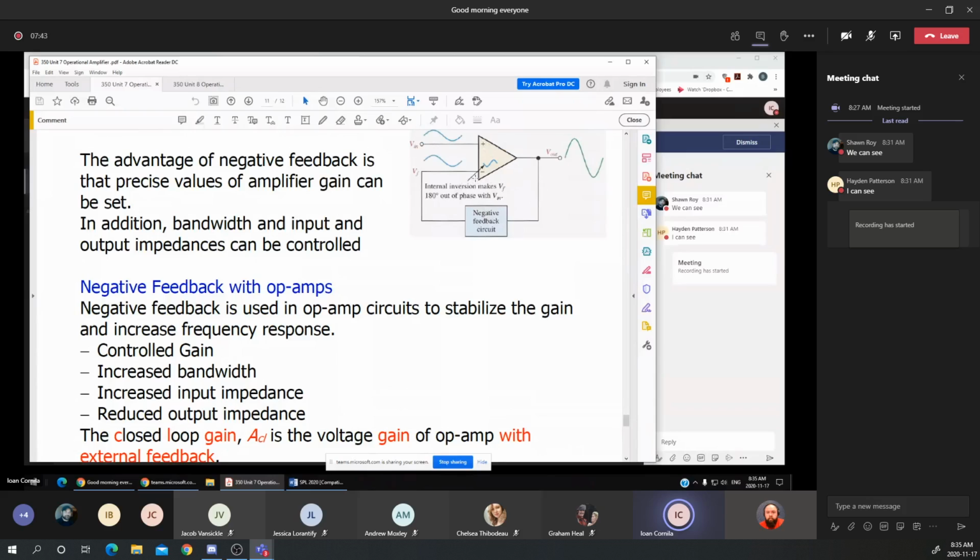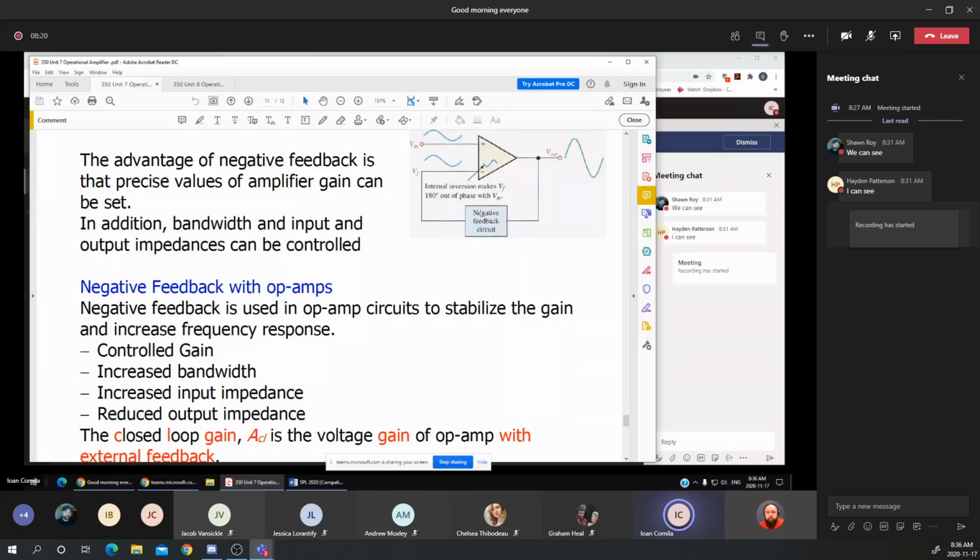We are using the open gain, or the AOL, without having any external circuits or devices between the input and the output. What a feedback network does is apply a portion of the output voltage to one of the 2